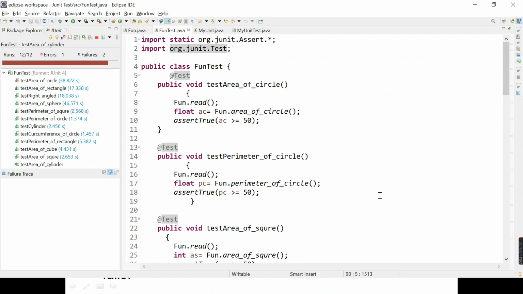Like that you can execute the JUnit framework and test your mini project or your application using this framework. I will upload all these files for your reference along with the video, so that it will help you to perform the JUnit testing.